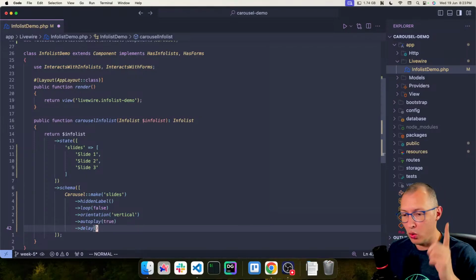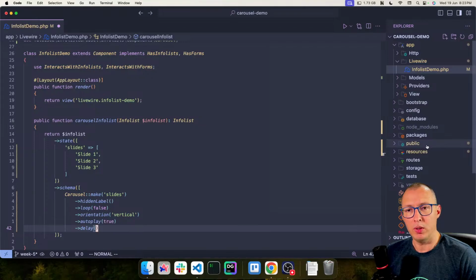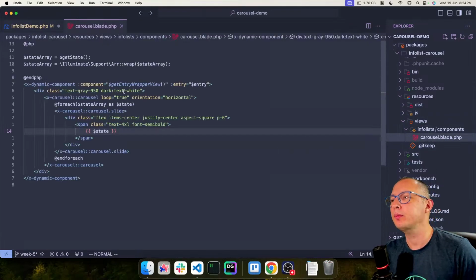And we also need to fix one other thing, because if you notice, in the view for this Infolist component, we go to packages, Infolist Carousel, resources, views, Infolist components, Carousel. You notice